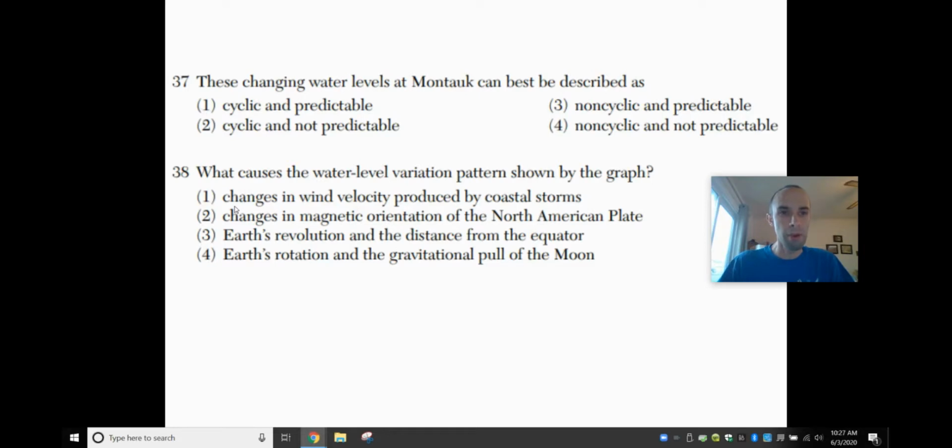Okay? Number 38 here, what causes the water level variation pattern shown by the graphs? In other words, what causes tides? Has to do with 2 things. Number 1 has to do with the fact that the Earth's oceans are gravitationally attracted to the moon. So it has to do with the pull of the moon, as well as the fact that the Earth is spinning every day, so rotating. So it's number 4 for this